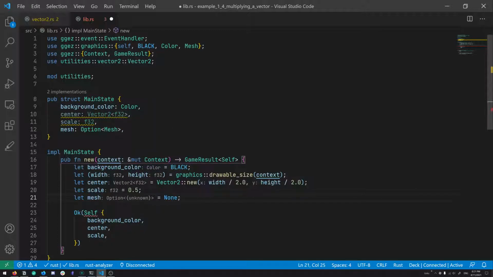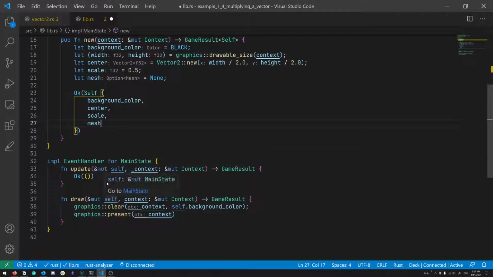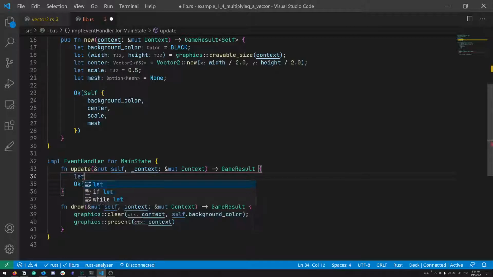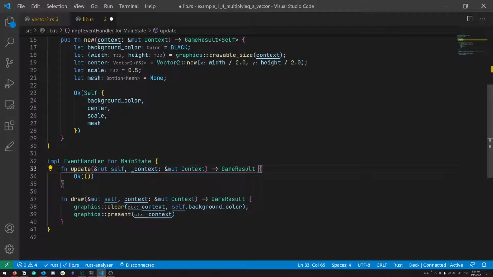So you're gonna start with a none here. All right, so in our update, we need to update our mesh based upon where things are coming in. So the first thing to do is to get the mouse location. We can get the mouse position pretty easily, but then we actually want to give ourselves an actual mouse location. You know what? I'm actually going to create a